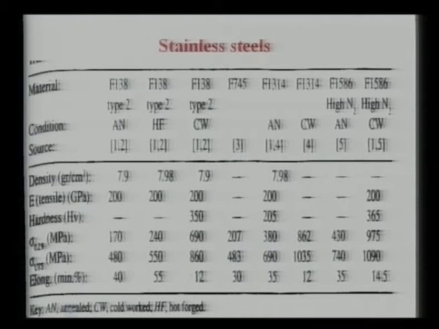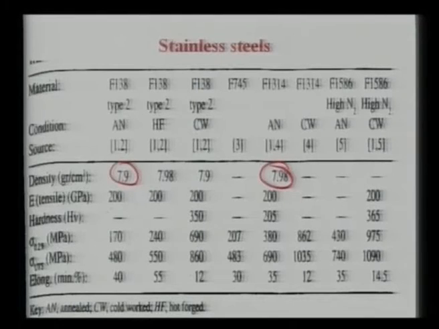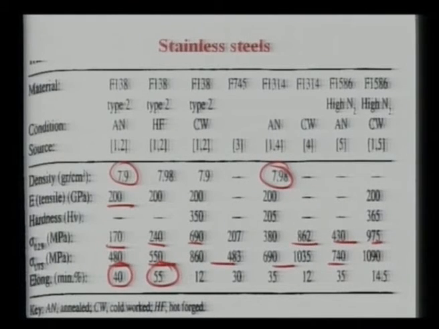What you can see here is that it has a very high density of 7.8, as I mentioned in yesterday's lecture, whereas a typical ceramic has a density of around 3.9 or 4, which is almost half that of mostly steel based alloys. It has an elastic modulus of around 200 to 210 gigapascal. It has a yield strength quite low, like 240, but it can go up to 1000 megapascal. UTS is roughly around 500 megapascal to as high as 1000 megapascal. It has elongation to fracture of 40 to 55%, so that means large elongation to fracture is possible in these materials.